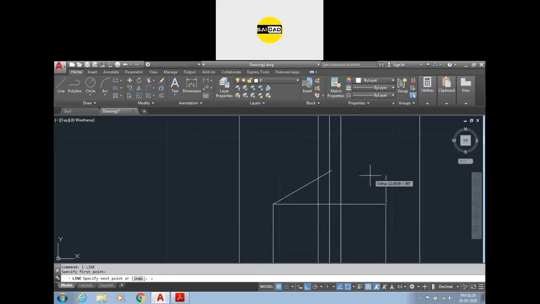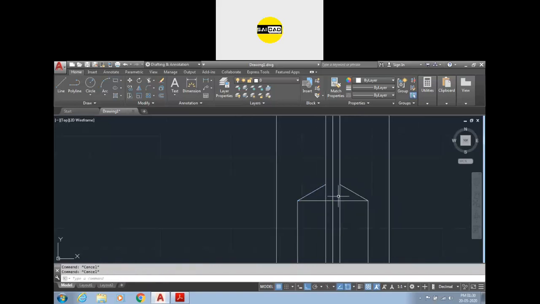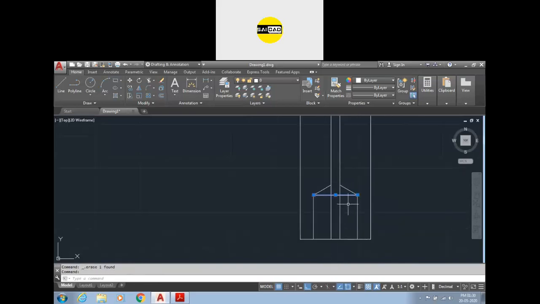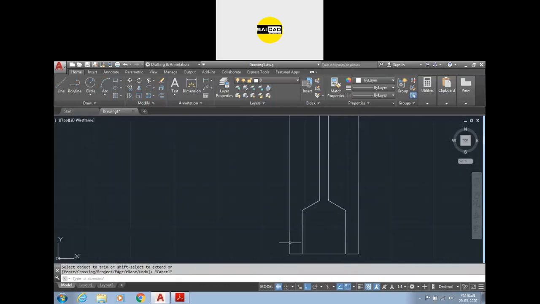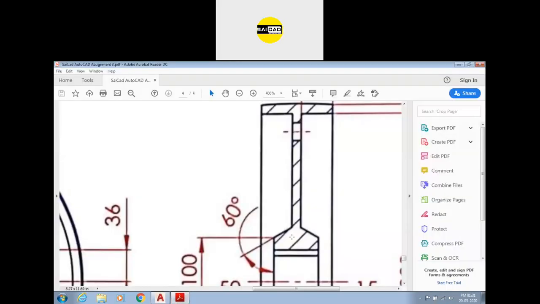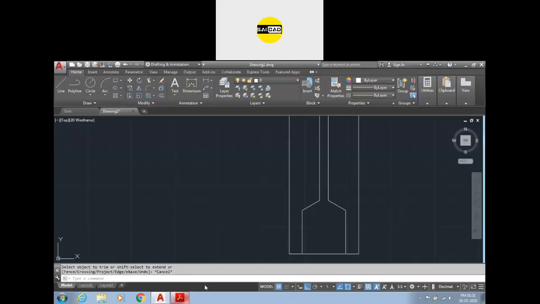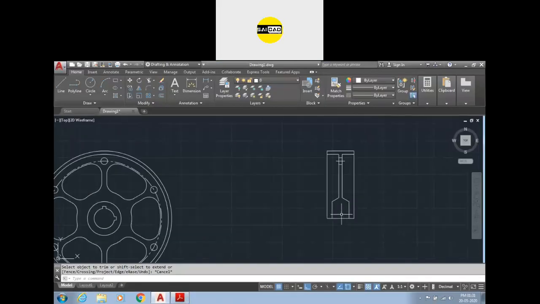Directly go to the symbol of angle and define the angle. We need a line at an angle of 150 degree. You can see we have the line here, or you can just create the line properly from here and create its mirror from here, and in this way you can just create the shape. So delete these lines, trim out the internal section. So we have the shape here. If you see here, we got the shape like that. So this is the projection.